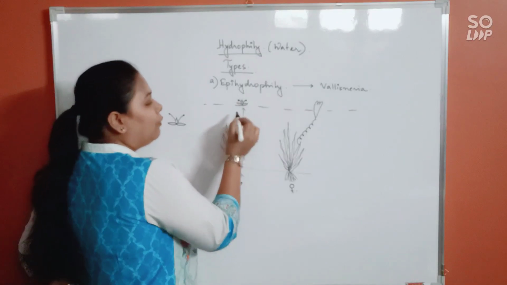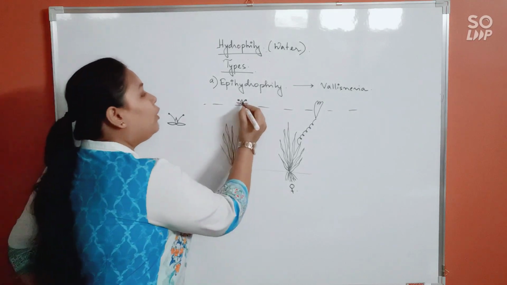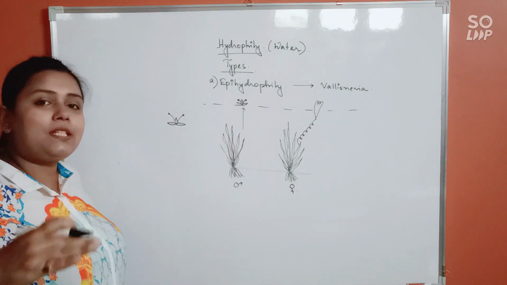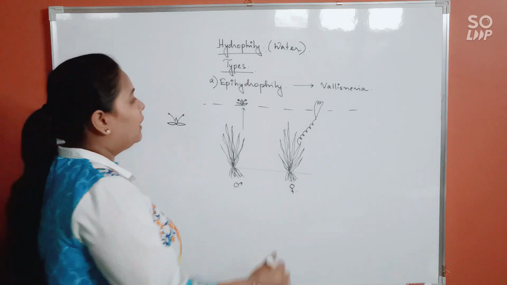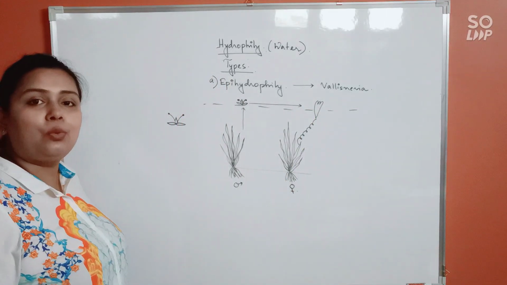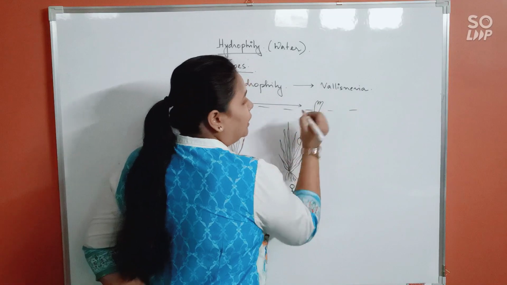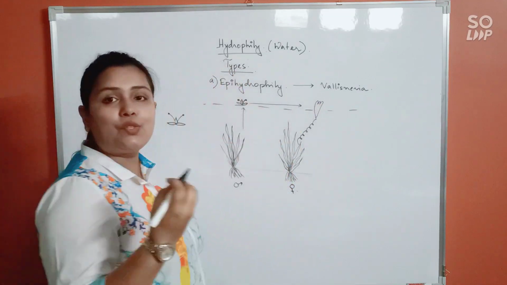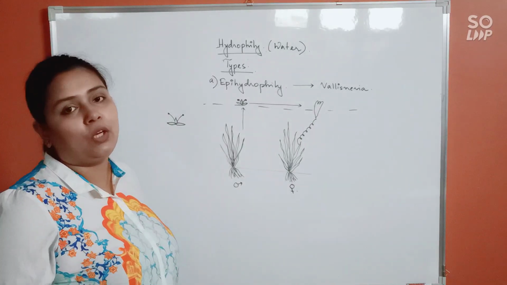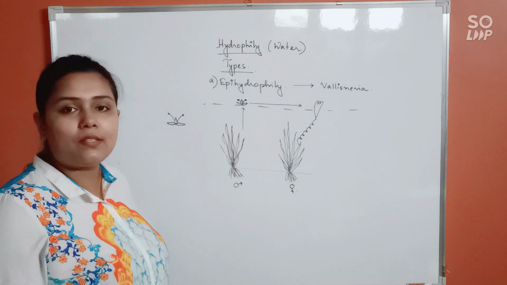While it floats, 2 of its tepals will behave as a boat and one of its tepals will behave as a sail. That's how it will balance and start moving in water. As soon as the male flower reaches the female flower and comes in contact with it, the anthers would burst, releasing the pollen grains, and hence as the pollen grains are released, of course, fertilization or pollination will take place.